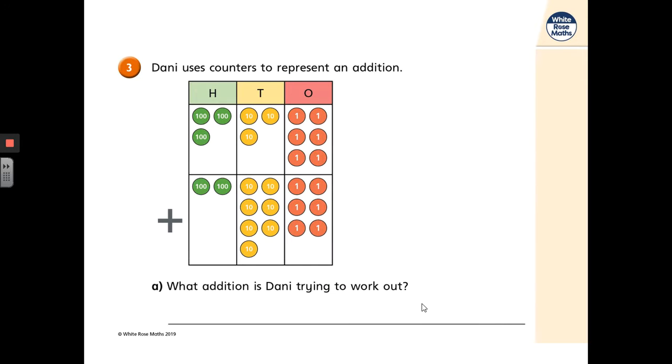Okay, number 3. So Danny uses counters to represent an addition. So here is your addition. So what addition is Danny trying to work out? So all you have to do here is just write out that addition. So what this number is here in this row, and then what this number is here in this row, and they are being added together. So write down whatever that addition is,